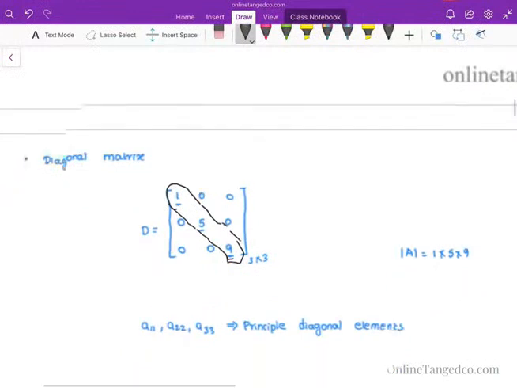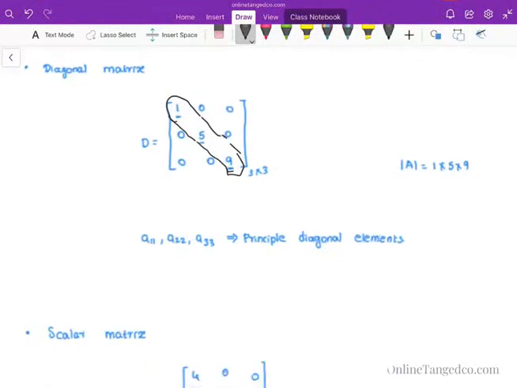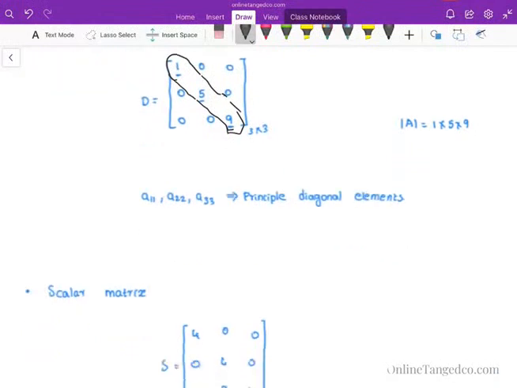As you can see, only the diagonal components are non-zero; the rest of the components are zero. So this is called the diagonal matrix. In a later part we'll talk about eigenvalues and eigenvectors, and we'll talk about diagonalization. The unique property of a diagonal matrix is that these components are called the eigenvalues, which we'll be seeing in the following later sessions.